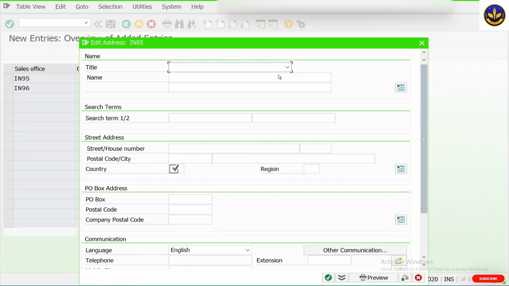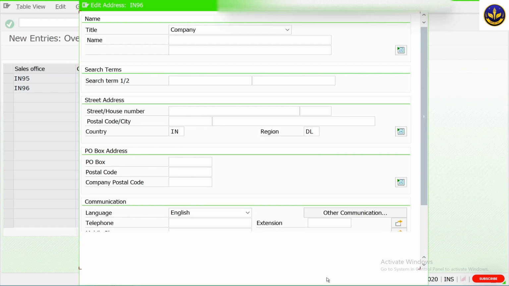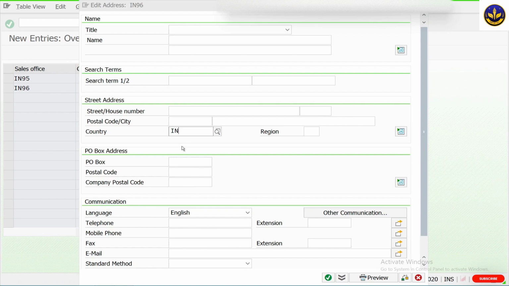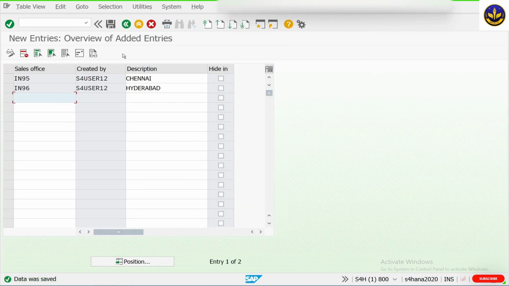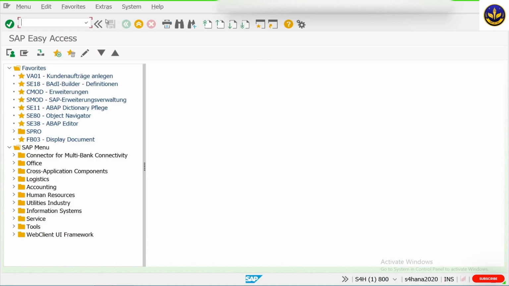Let's save it. Give here the IN and here the DL. Now the region we can give, okay, save it under the DL only. Continue. Continue. Okay. So we have created two sales offices, Chennai and Hyderabad. Now the same we can create using the T code